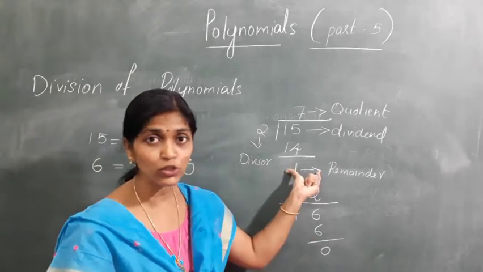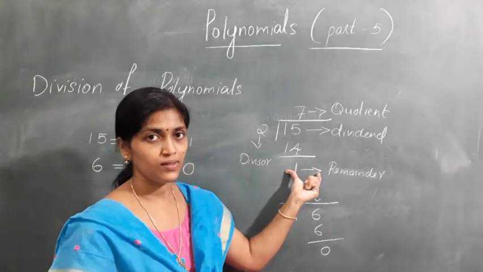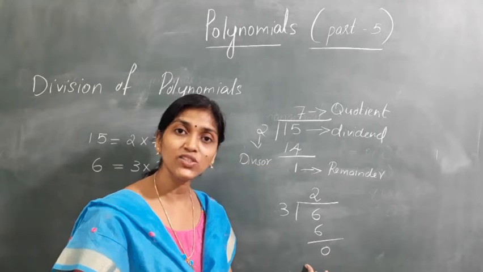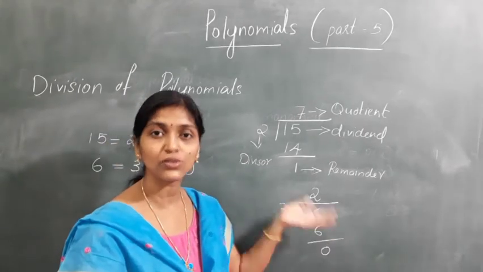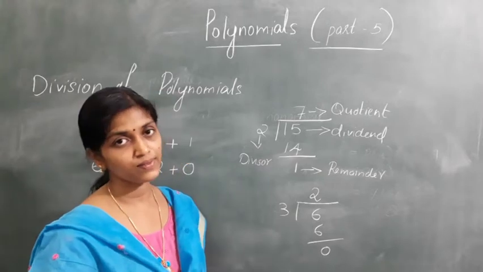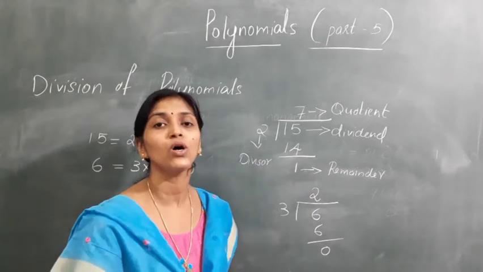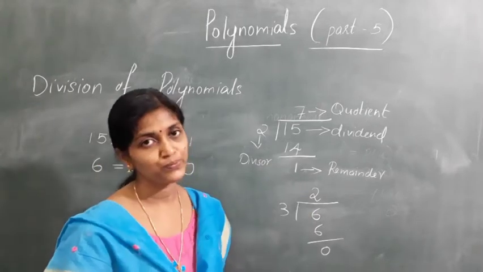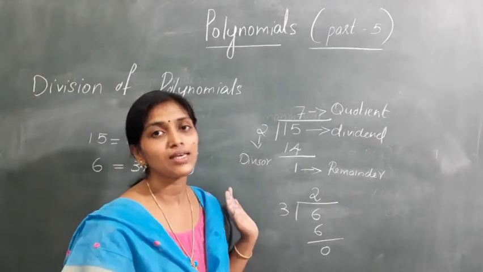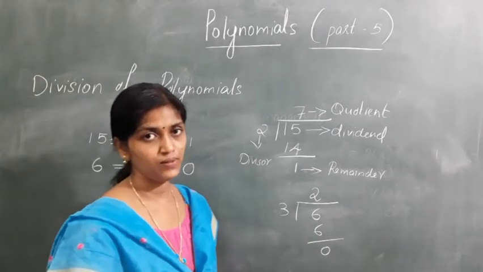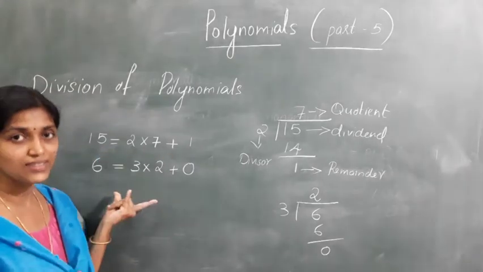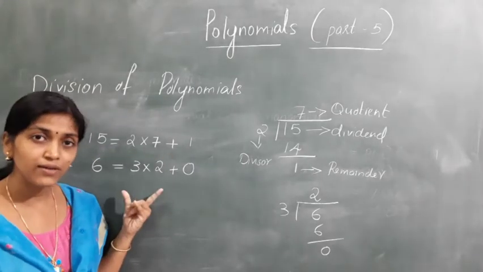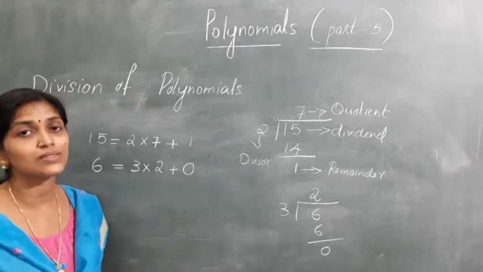Here in the case of 15 you cannot say this, because you got the remainder as 1. But when you are getting the remainder as 0, that's why we can say 3 is a factor of 6 or 6 is a multiple of 3, and again 2 is a factor of 6 or 6 is a multiple of 2. Okay, that was the case for numbers. So we can write 15 using the division rule, also in this way. And we have also studied what results we get when there is a remainder.